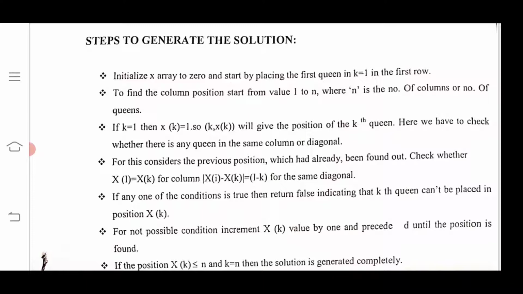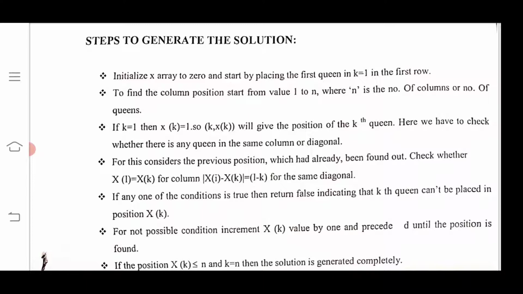Here we have to check whether there is any queen in the same column or same diagonal. For this purpose, use the previous positions which have already been found. Check whether x of i equals x of k for the column, and mod x of i minus x of k equals mod i minus k for the same diagonal.